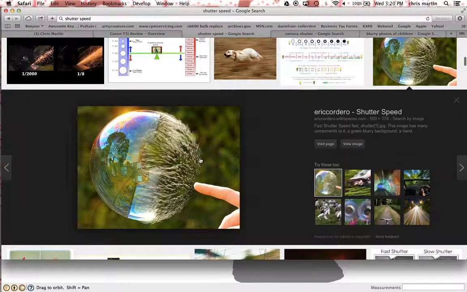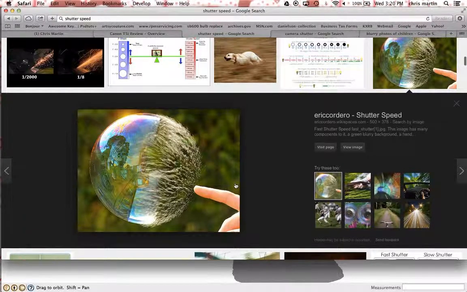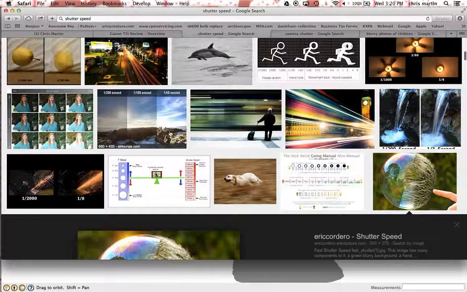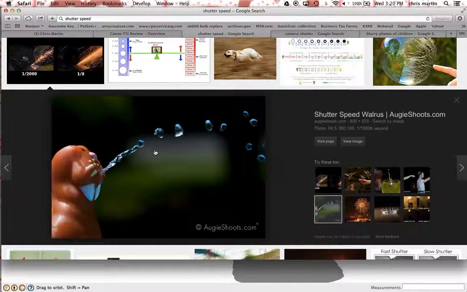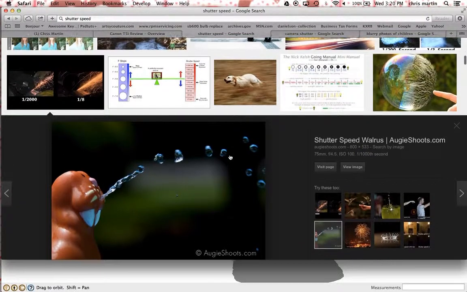Doing a fast shutter speed will catch something like this. Excellent example once again. At 1/2000th of a second, you're going to catch the individual sparks. At 1/8 of a second, those sparks appear as streaks of light. And so, great examples of a fast shutter speed here, where I'm capturing individual water droplets. And this is at 1/1000th of a second. So with that,